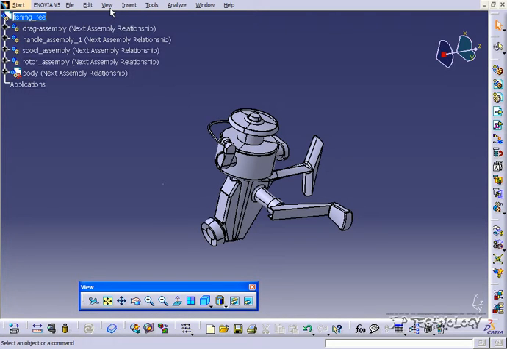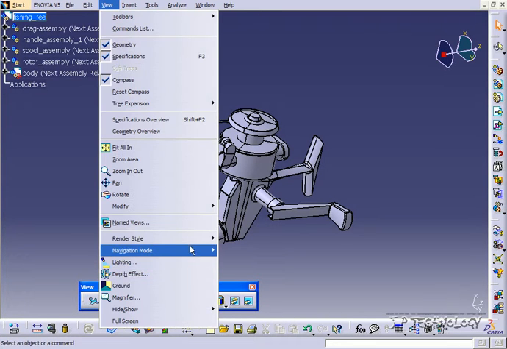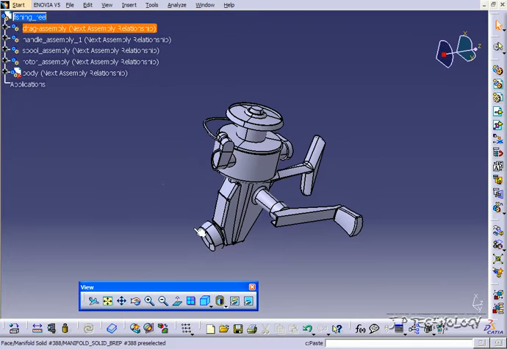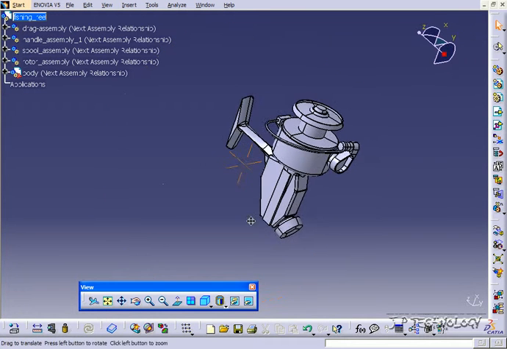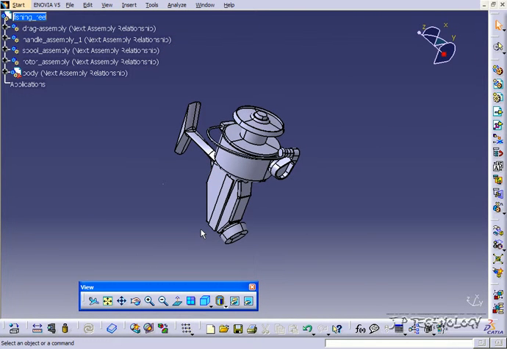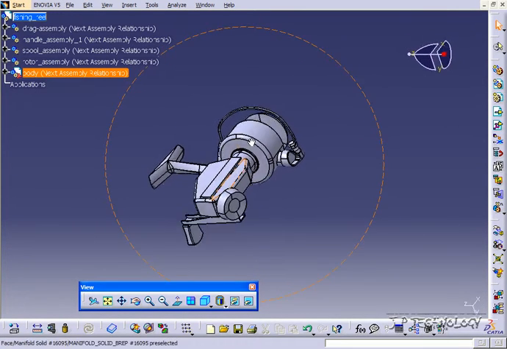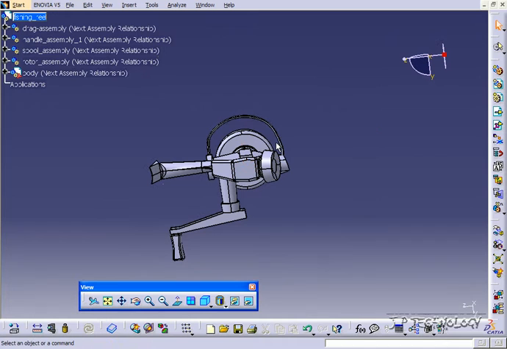First, I'll talk about the perspective. So let's go to the perspective. So click View, Render Style, Perspective. Now, the perspective gives you, like it says, more of a perspective view of the part that you're modeling. So perspective view would be if you had the part in your hand and you're looking at it and kind